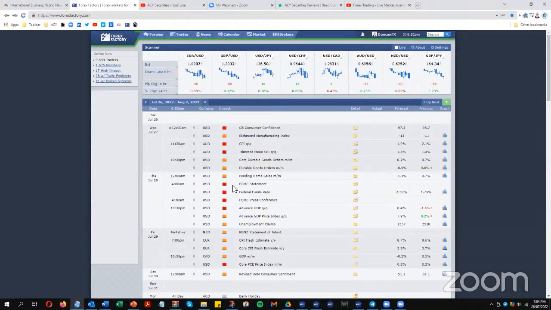I might open something before then, but I'll probably have it all closed down before then because things will be exceptionally volatile. I could try and maybe take a position with a trend, but it all depends where price gets to at a given point in time if I want to hold a trade open. So at the moment, it's very volatile. Tomorrow morning, we've got the CPI coming out for the Aussie at 11:30 a.m. And a news item at midnight tonight for the US CB Consumer Confidence. But the big one is the FOMC statement.